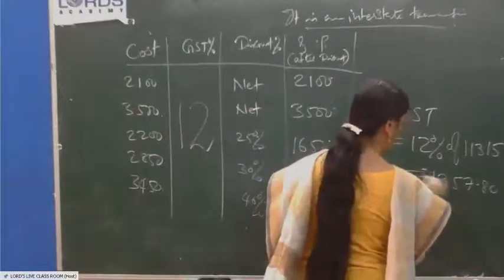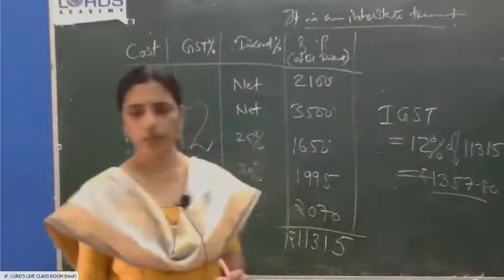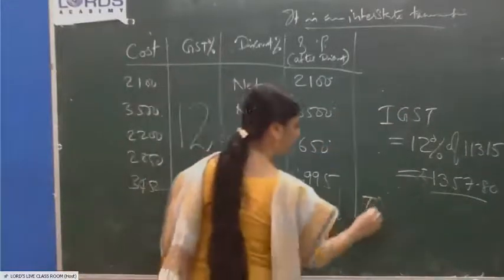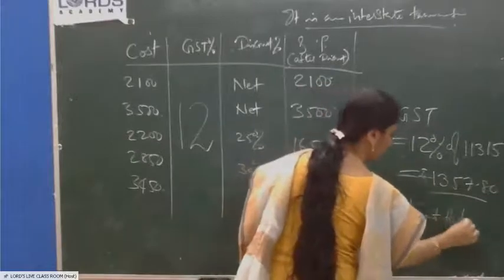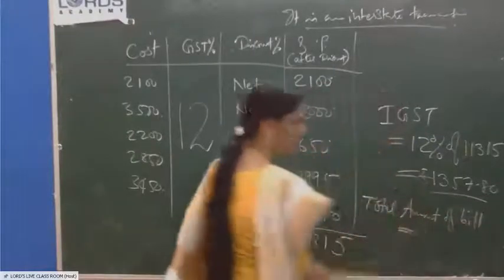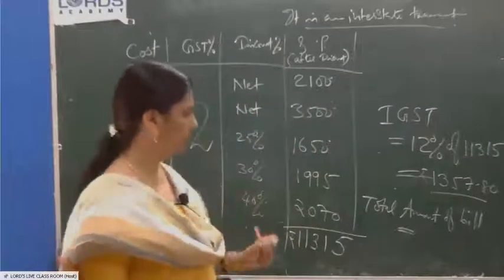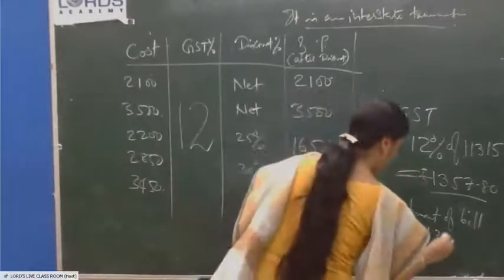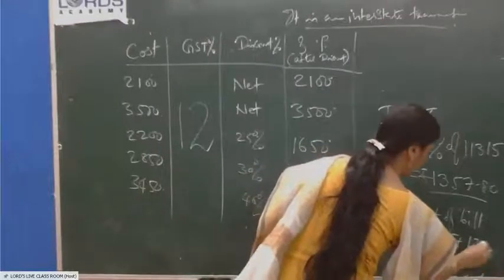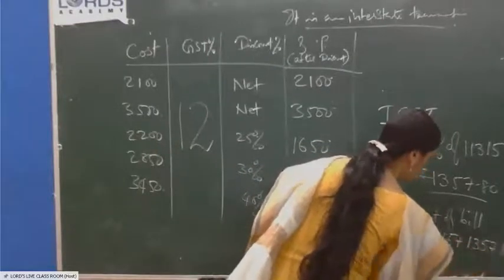1,357.80 rupees. So what is the total amount of bill? Total amount of bill equal to this tax plus this amount: 11,315 plus 1,357.80 equal to